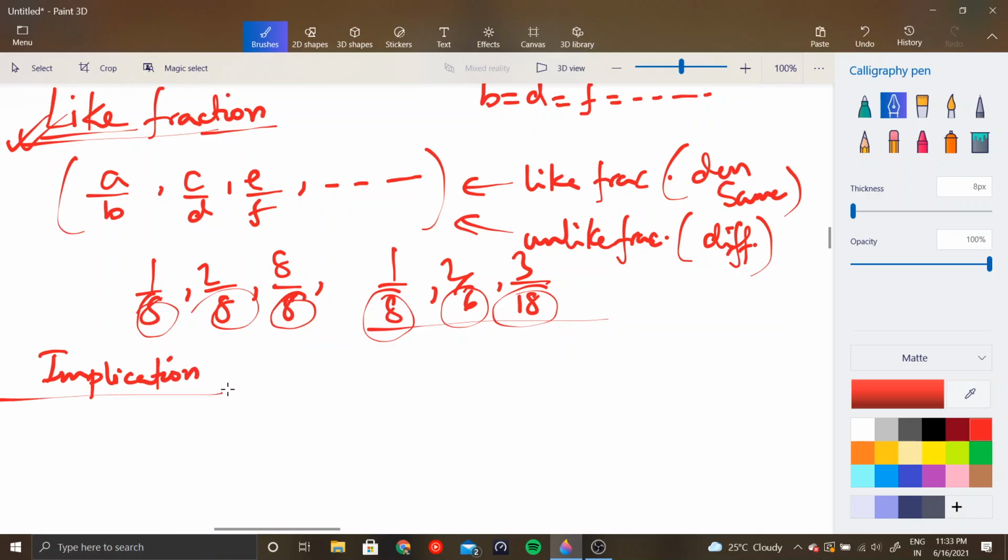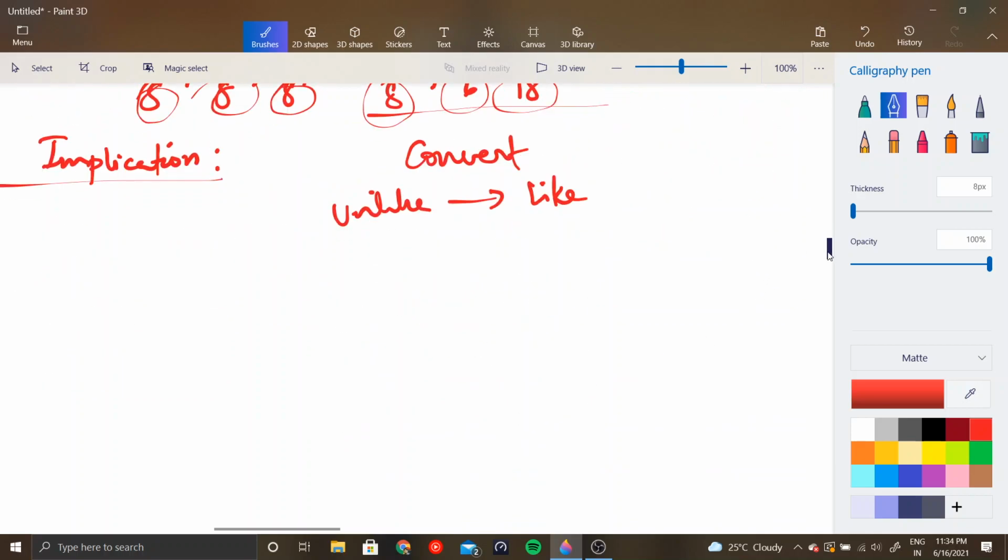See, how do we compare fractions, right? So basically, first let us look at how to convert an unlike fraction into a like fraction. Let us first look into that. Unlike to like. So let us consider two examples. So the first example is, suppose you have 3 by 4, you have 3 by 5, you have 7 by 8, you have 9 by 16. Correct. So as you can see from the denominators, they are unlike fractions.